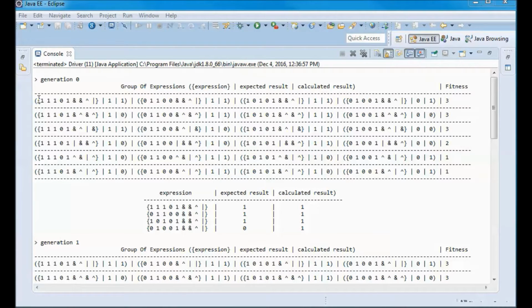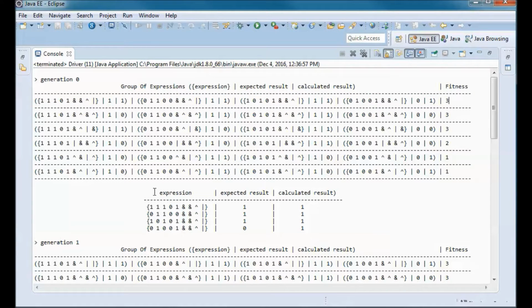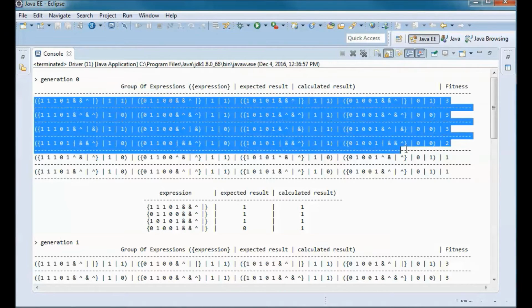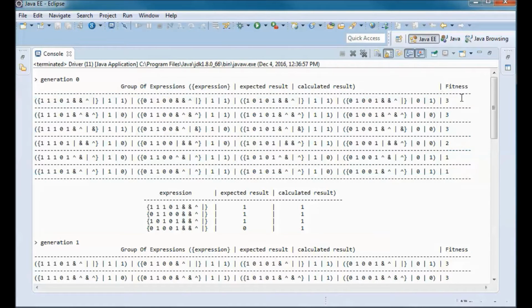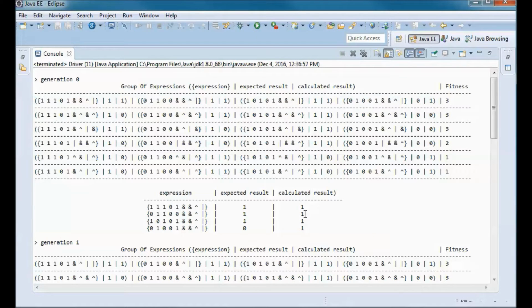So I am displaying this row or this group in table format here, and the groups in each generation are sorted by fitness. So this one has the highest fitness, and as we can see here, the expected result is different than the calculated result for this expression.